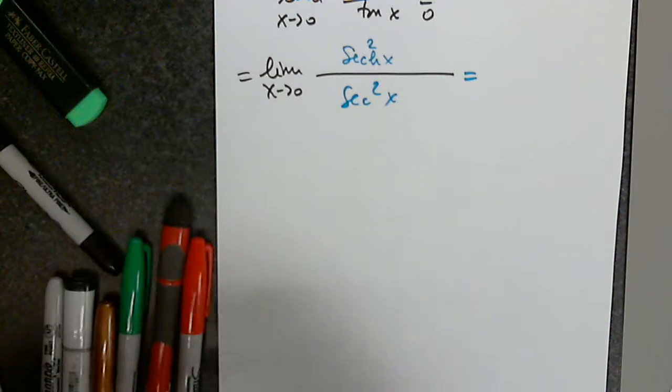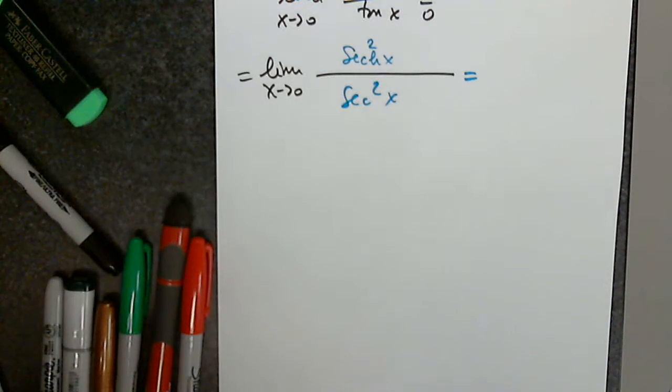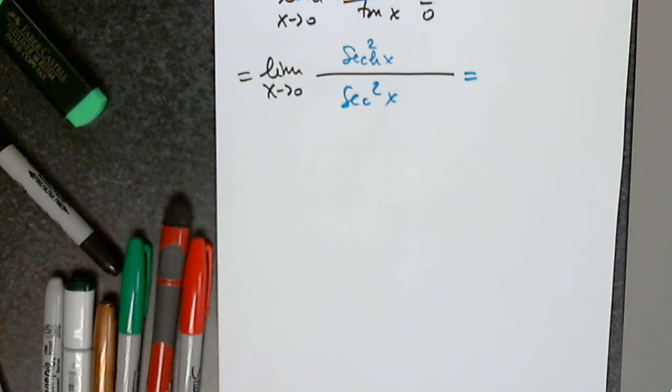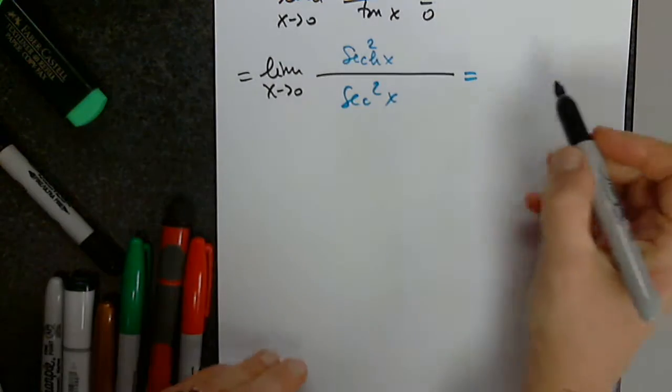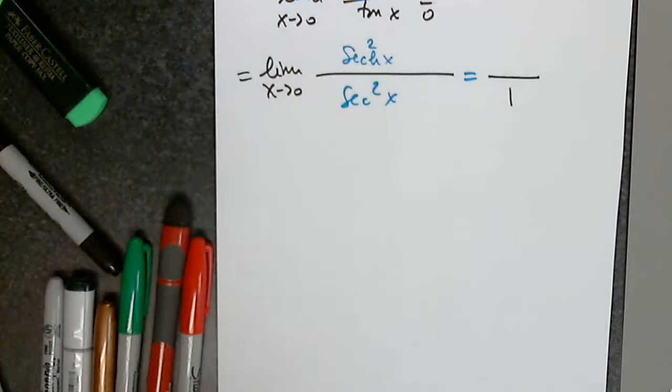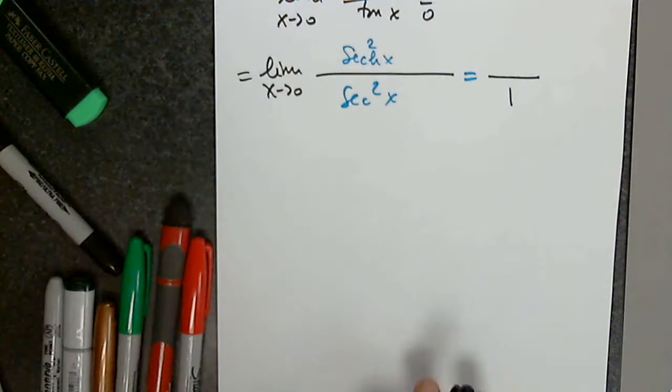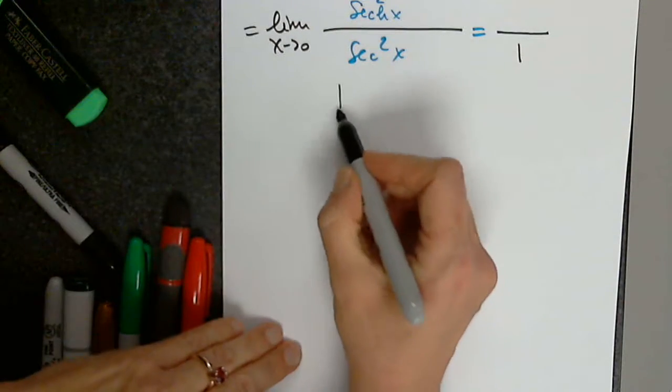So now we plug in 0. The denominator, remember, is secant squared of 0. Secant squared is 1 over cosine squared, and cosine of 0 is 1, so the denominator is 1. And now we have to identify what a hyperbolic secant squared is, which is 1 over